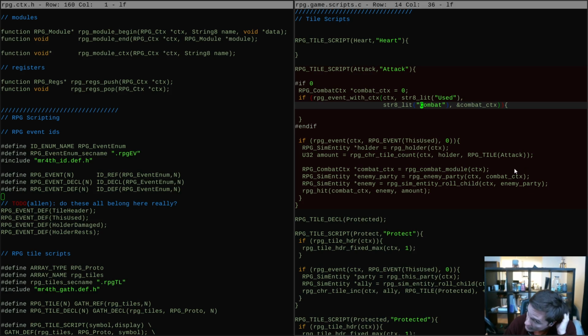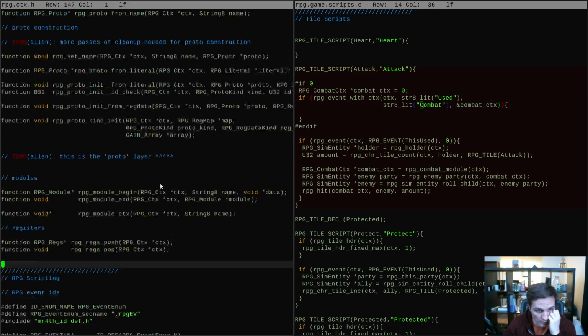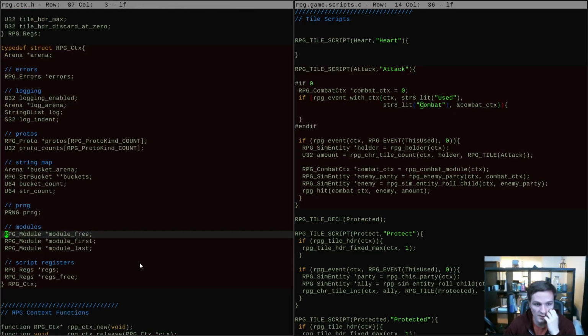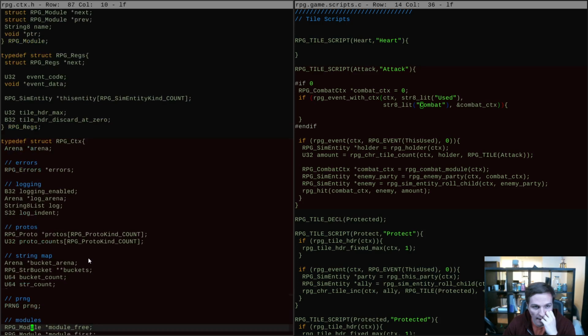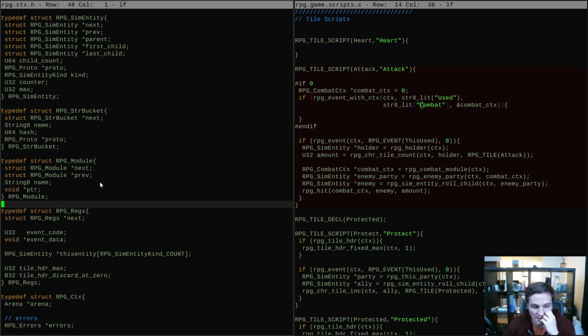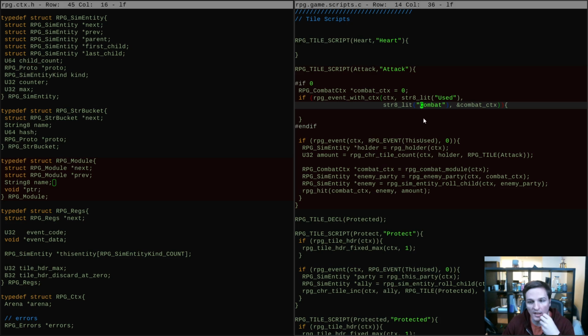And that was that I was thinking about how this new module idea that I was working on would deal with the aspect of the game where I could have something like an attack tile that can only respond, the event could be more compound. So the event of using a tile is interesting